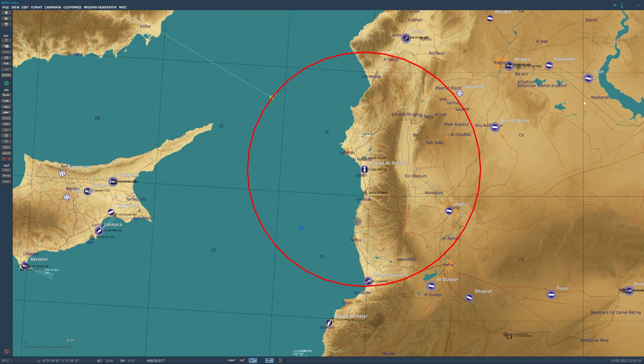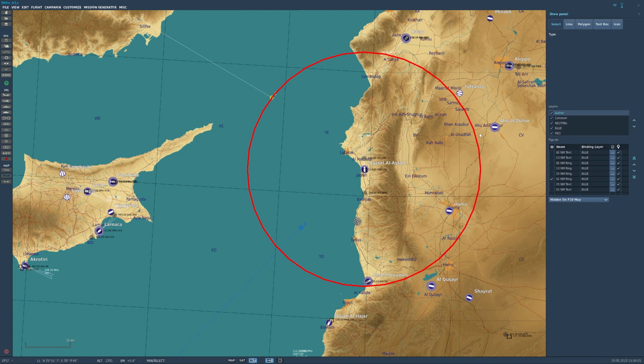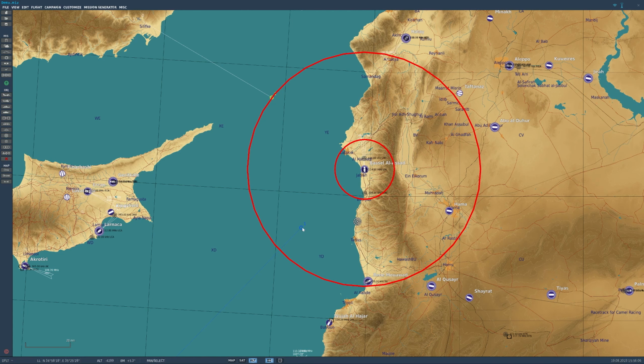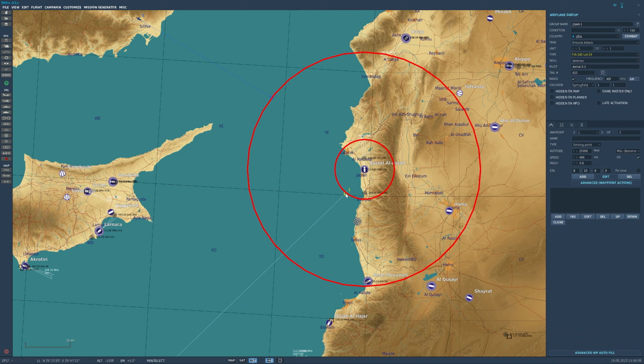And then for the JDAM strike, we will go back to our drawing. I have a 13 nautical mile ring that we'll put up. And then we will set that waypoint right there. Now this is the waypoint that we are actually going to drop from. So this is what we will be flying to, but we will be designating targets based on when they come live. This is for planning purposes so that you know where to put them, but more importantly, when you need